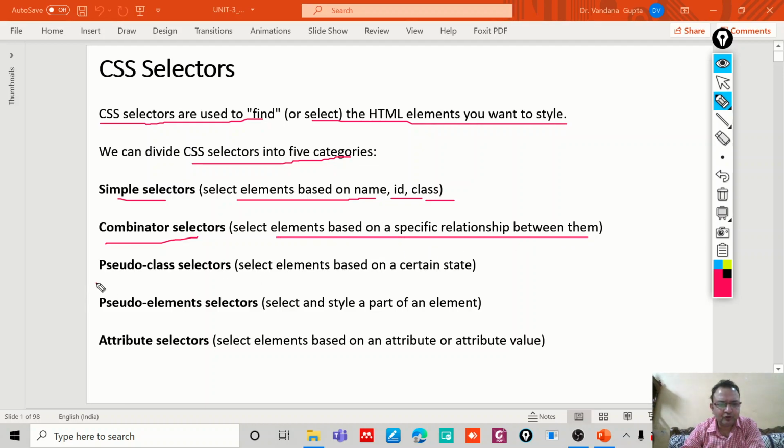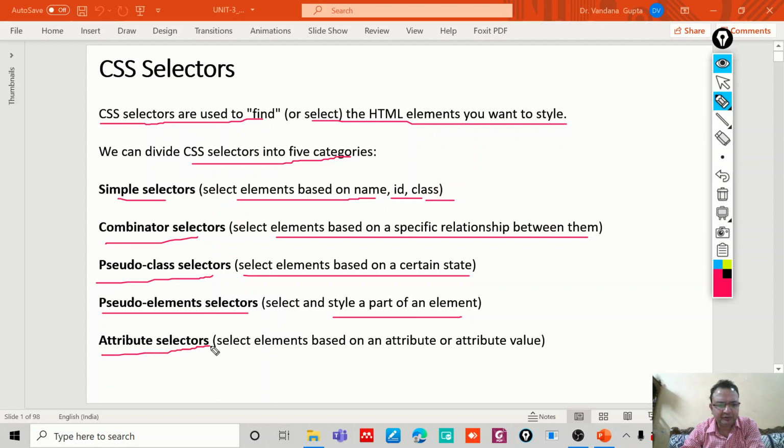Then we have pseudo class selectors, which select elements based on a certain state. Then we have pseudo element selectors, in which we select and style a particular part of an element. We select a particular part of the element and provide a style to that part.